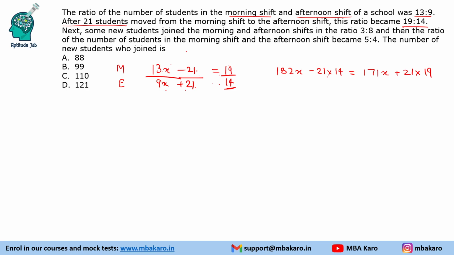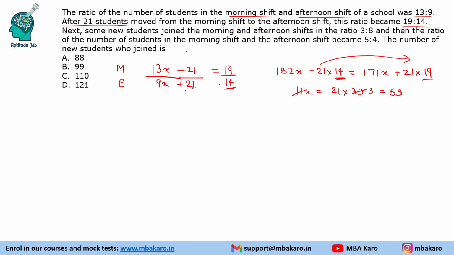So the same thing we are going to apply here. So we get 11x, 21 into 14 and 21 into 19. When it goes this side, we will add that. So it becomes 21 into 19 plus 14. This is 14 and this is 19. So it becomes 21 into 33. So x becomes 63. So it is a slight time-saving trick. Maybe you save 5-10 seconds in this process. And cumulatively, if you keep saving time in every question, you have that extra time to solve more questions in